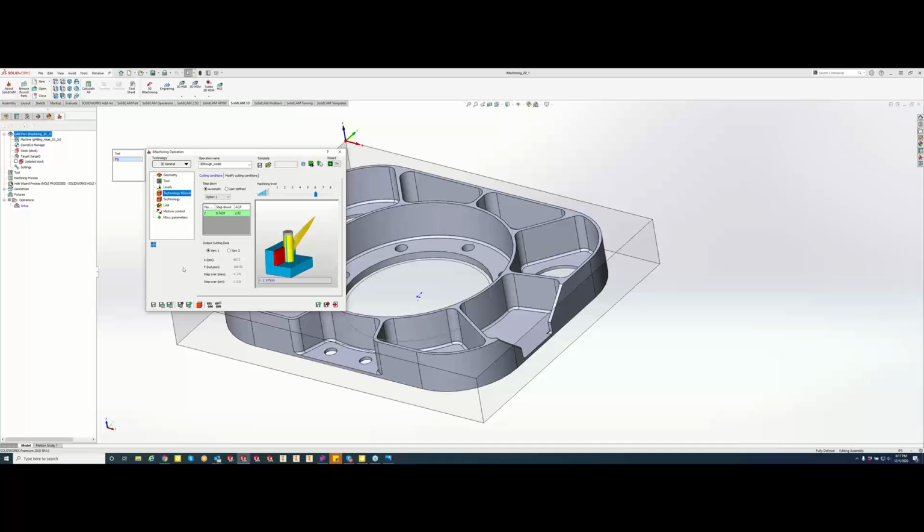Perfect. So now we have our geometry, which we didn't have to pick. We're grabbing all the geometry. We have the tool, and basically that's it. And we can come in here and decide how aggressive we want to be. For those of you that are running 2D iMachining already, or 3D iMachining, this is going to be a little bit of a repeat, but basically the iMachining level here is how aggressive you want to be